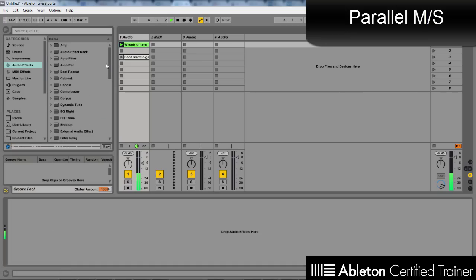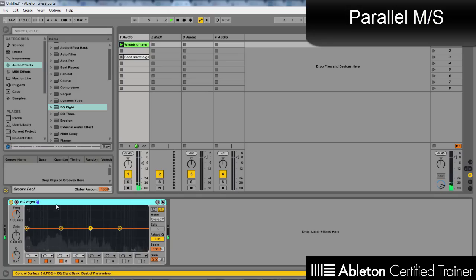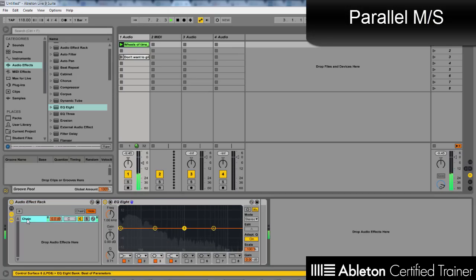Now the first thing I want to do is drag in an EQ Eight, and I'm going to group it. One thing you can do actually is Control D or Command D to duplicate. So let's call this mid, let's call this side. I have a whole article on what Mid/Side is and how you can use it. I'm not going to go over that, but I'm going to show you some quick techniques of using parallel processing